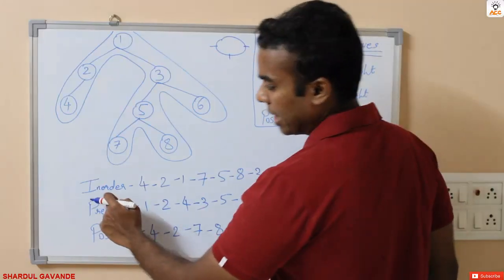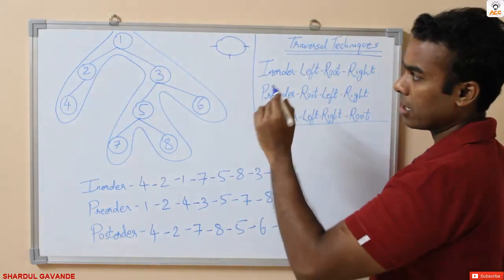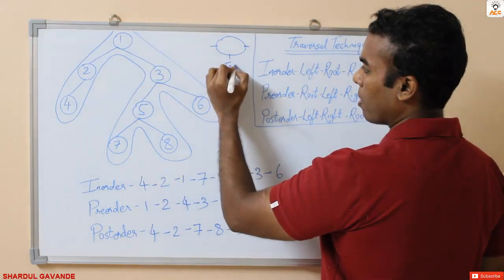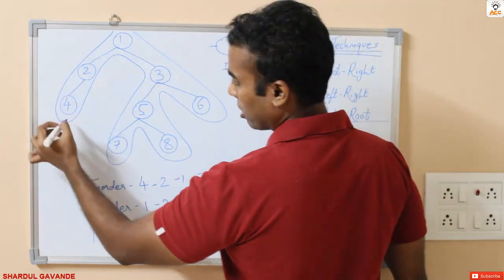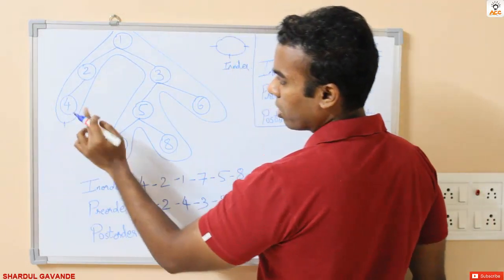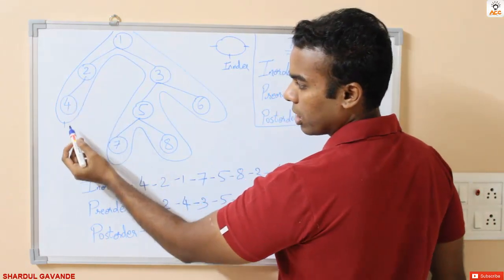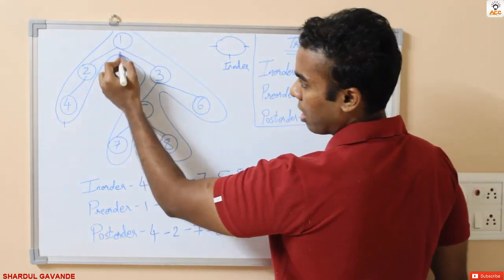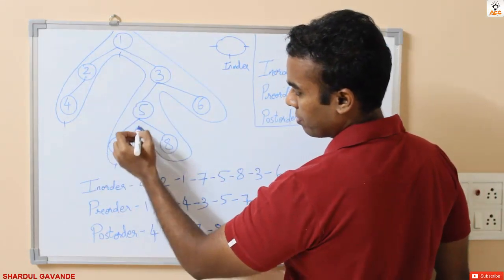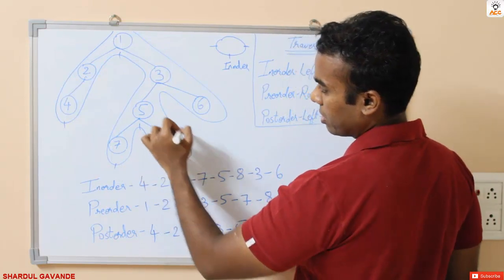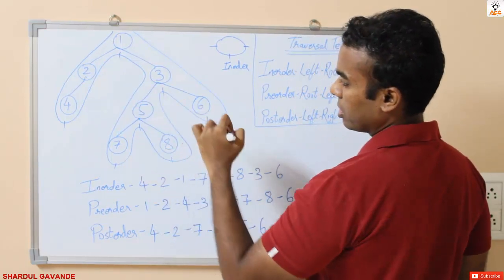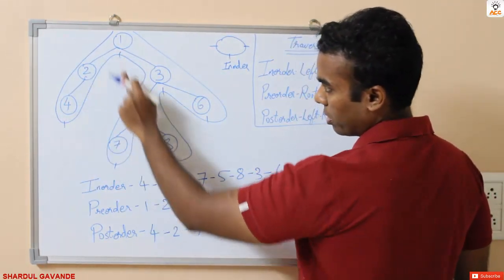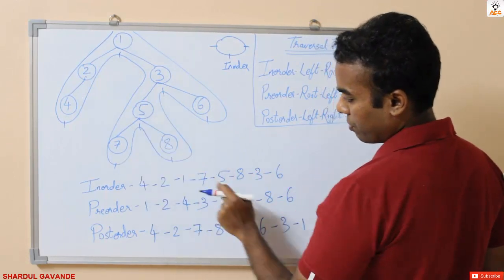So let us find the in-order traversal with the help of placing a marking on our node. For in-order, the marking is at the bottom. So following the path, we'll mark it to the bottom. 4. Then we'll have 2 also, because after 4 it covers 2 in the marking. Then we'll have 1, we'll have 7, 5, then 8, 3, 6. So if you check, we have 4 first, then 2, then 1, then I have 7, 5, then